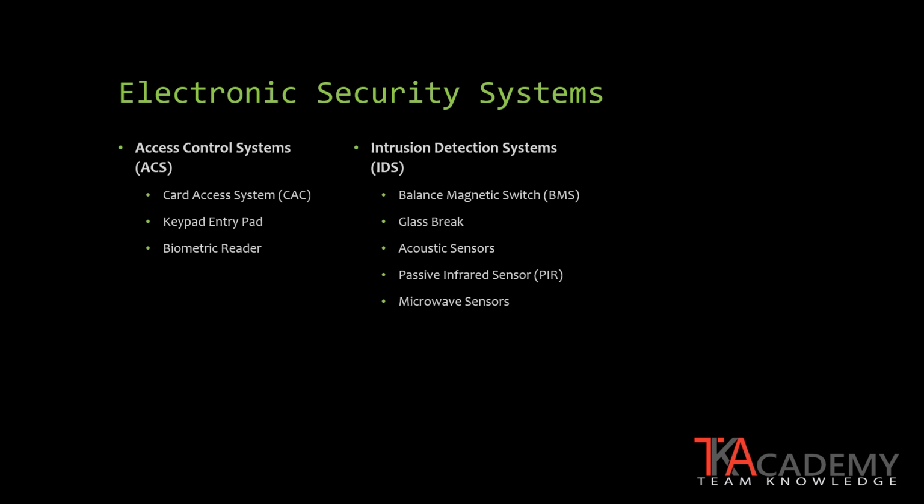The final part of electronic security systems is for observation, or closed-circuit television systems. CCTV cameras make up the majority of this, and they fall within two categories, either a fixed position camera or a pan-tilt zoom camera. Fixed position cameras are used when there is not an active person operating or monitoring the system, and is used primarily as a recording device. Pan-tilt zoom cameras are only effective when you have personnel who can monitor and operate the adjustable features of the camera.